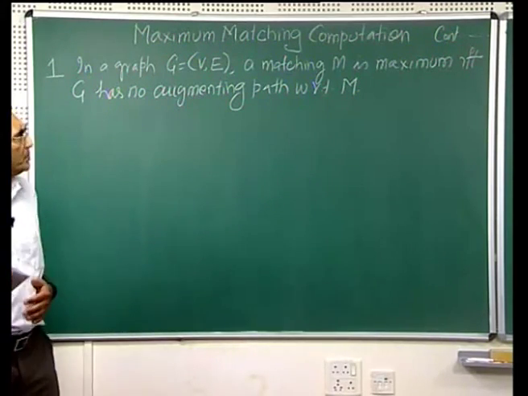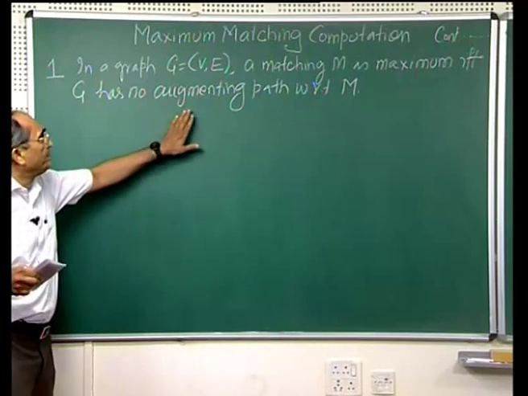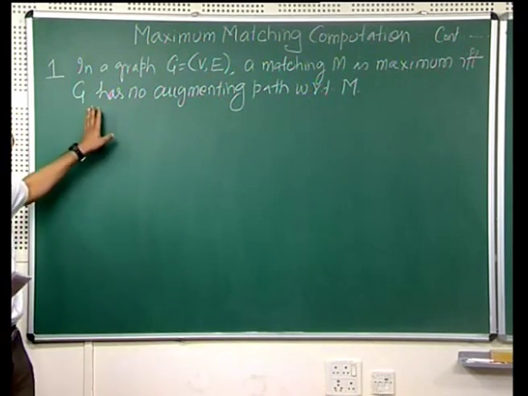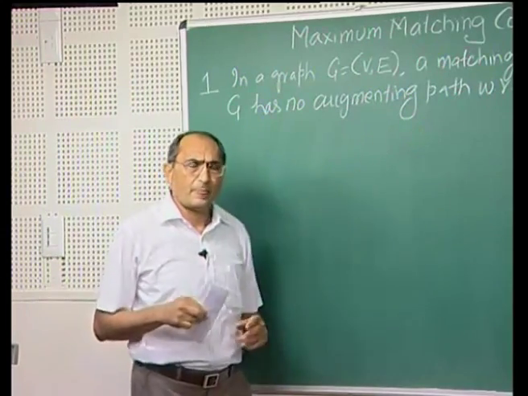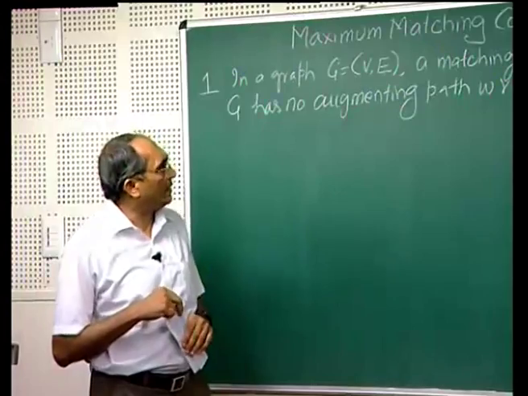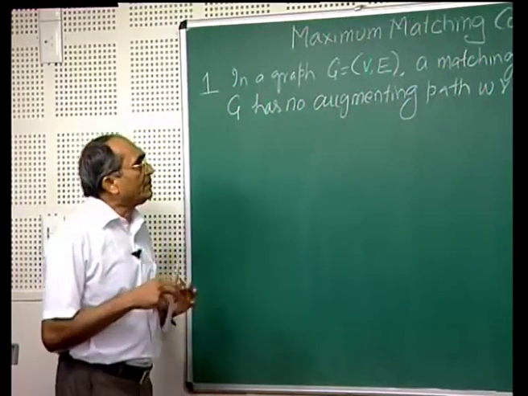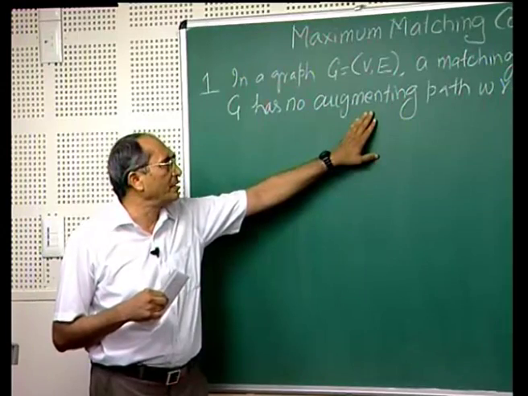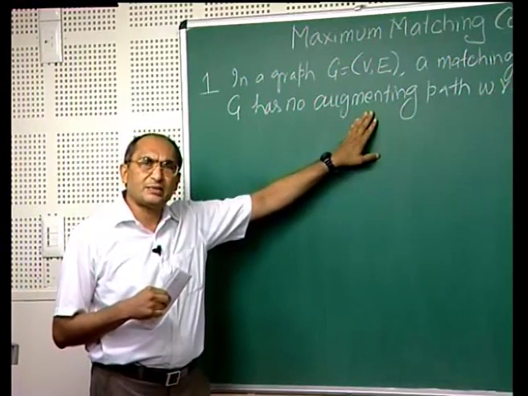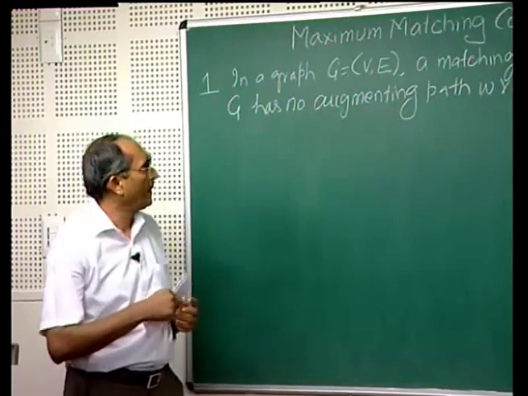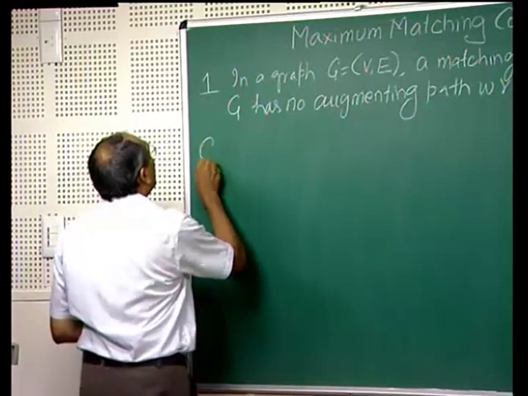So, this allows you to know whether a matching M is maximum or not, provided you can compute an augmenting path or decide that there is no augmenting path in the graph. So, the problem reduces to computing an augmenting path, but the question is, how does that help you compute a maximum matching? So, for the computation,